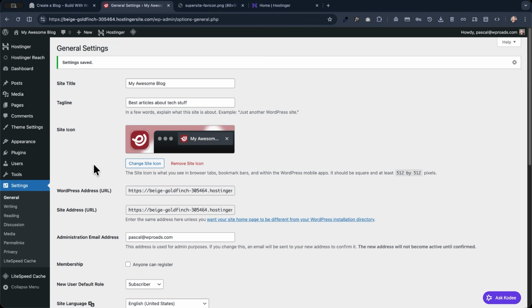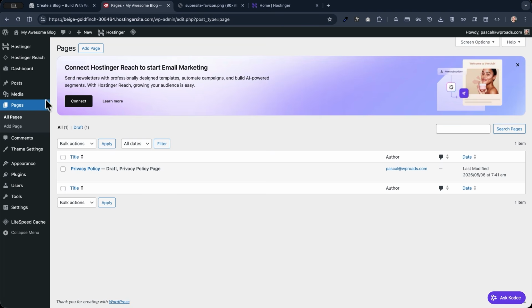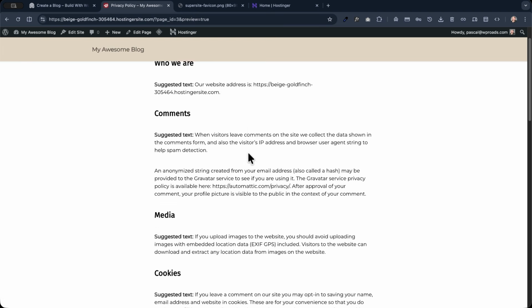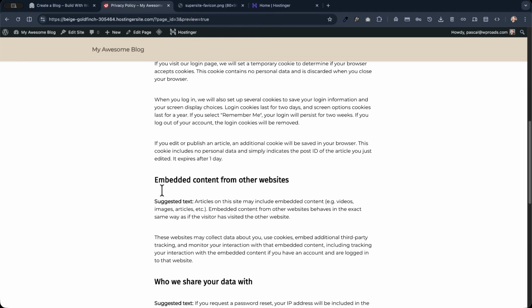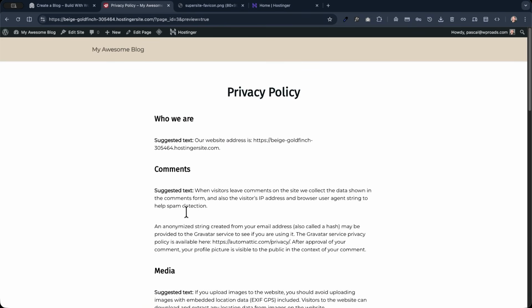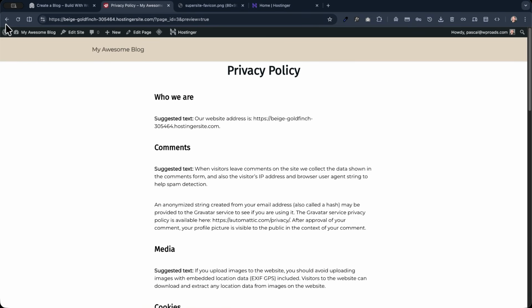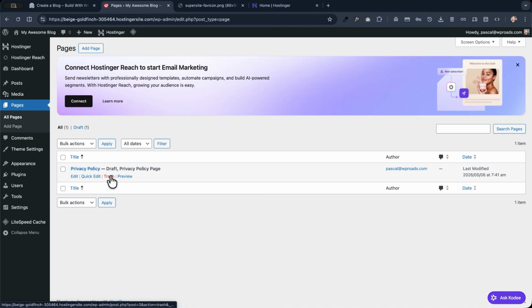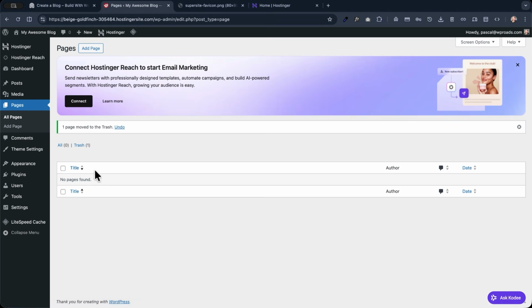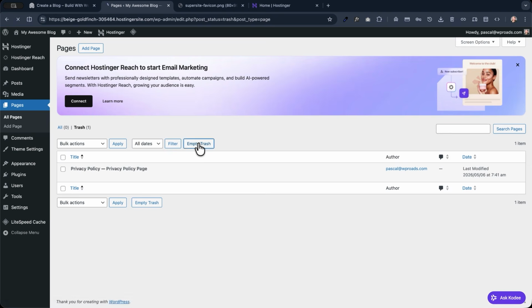But before doing so, let's go and perform a little bit of cleanup in the pages and posts. You see here we have a privacy policy page, which has been automatically generated for you by WordPress. If you want to keep this, you can just have a preview of this page, and you can go ahead and save it just by updating the suggested text with your own privacy policy text if you want to. It's a good starting point for any website, so you can keep it like this. In my case, I will trash it because I want to recreate this page when I'm ready later on,